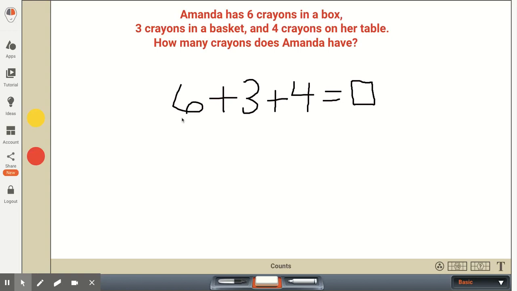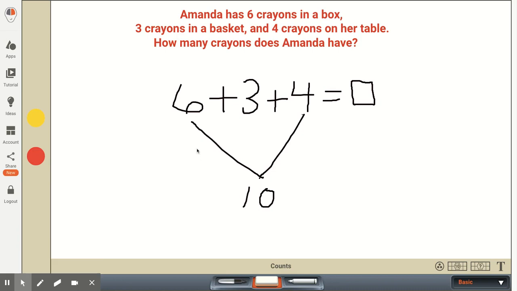And then what the students can do is they could go in order. They could say 6 plus 3, and if they know the answer to that, they could put 9, and then they're adding 4 more. Well, they could break the 4 out, and they might think of the 4 as 1 plus 3. So they knew that the 6 plus 3 was 9. They needed 1 more to get to 10, plus 3 more is 13.